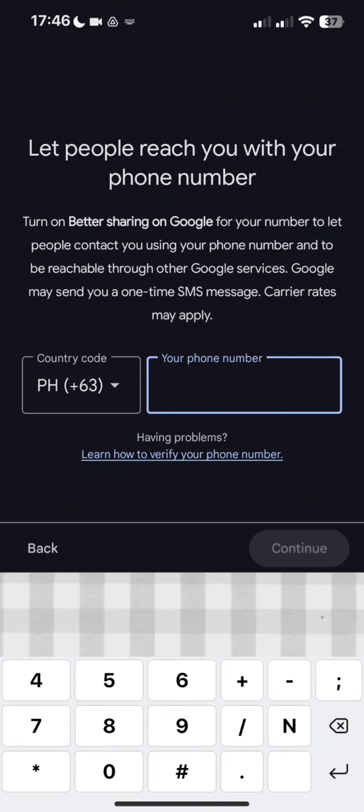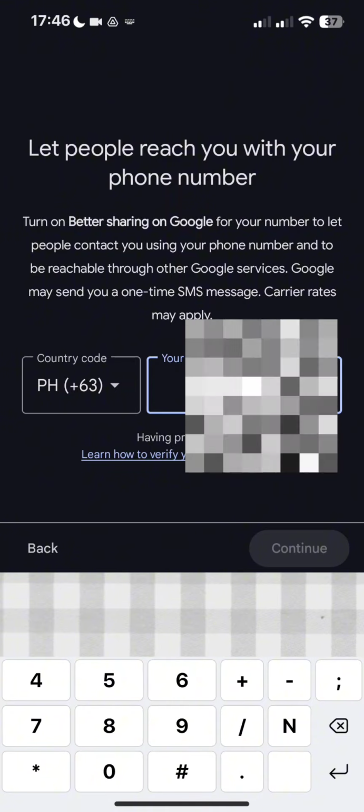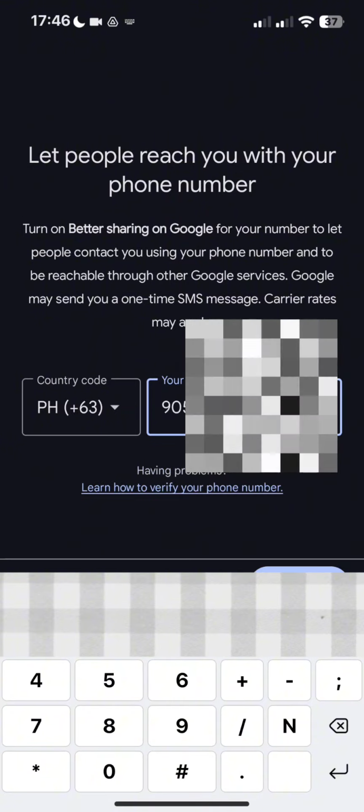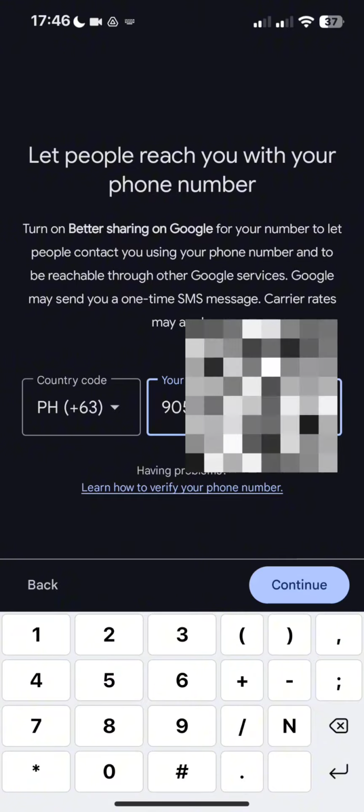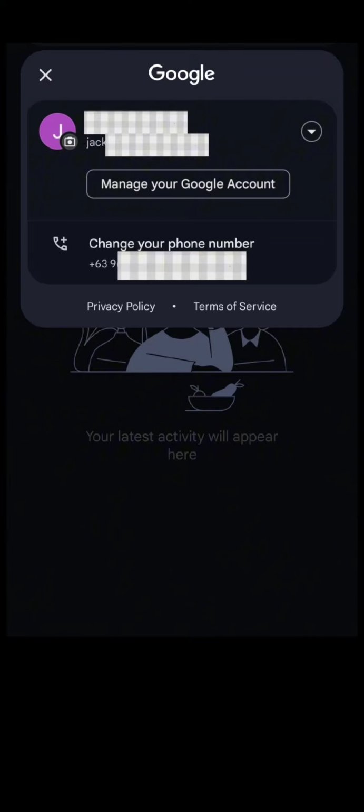and then it will show you a screen where you have to add your phone number. Just type in your phone number, and then click the continue button. And that's it. That's how you can add your phone number in your Google Meet application or in your Google